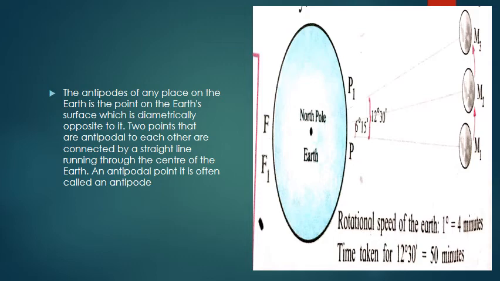After 12 hours, that is 180 degrees, the same change will occur with reference to F. That is, because they are in the opposite direction, children, we know the rotation takes place. Is this earth going to remain like this only? See, they have purposely shown us the earth there. Is it going to remain in the same place? No. It's not going to remain. We know very well that the earth rotates on its own axis.